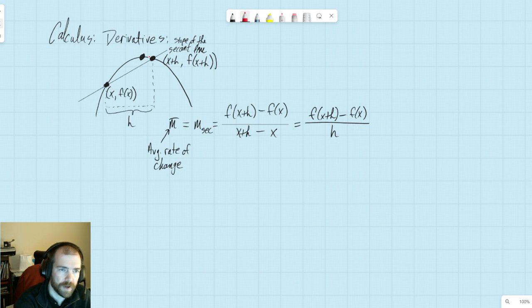So what Newton found was that if we, in fact, shorten the distance and don't make it this huge h like this, make it a smaller h,